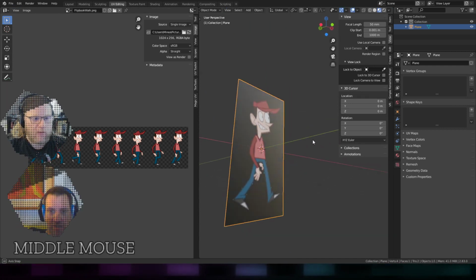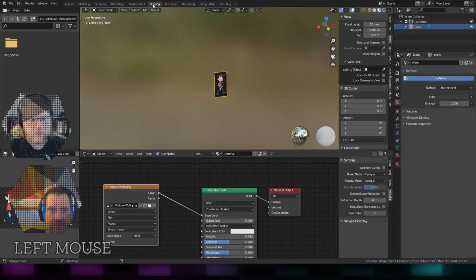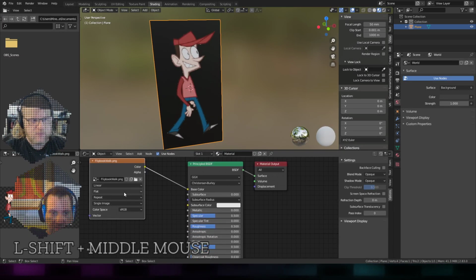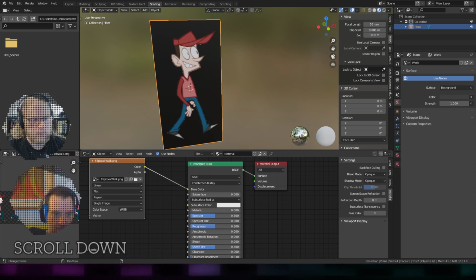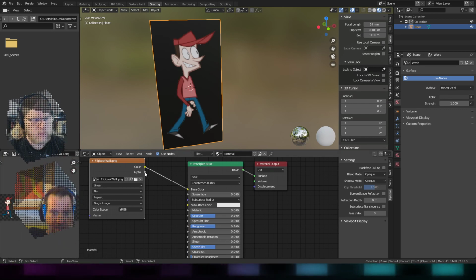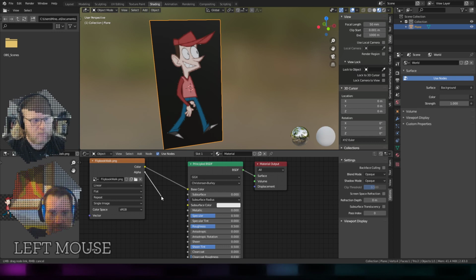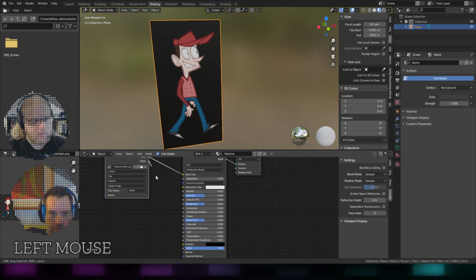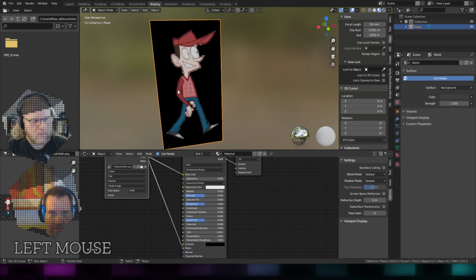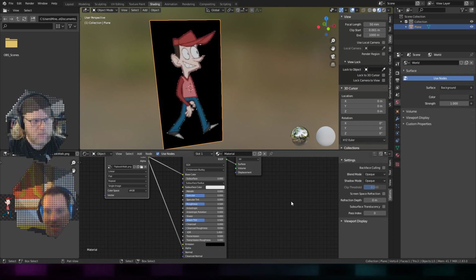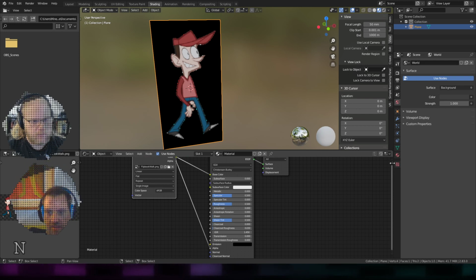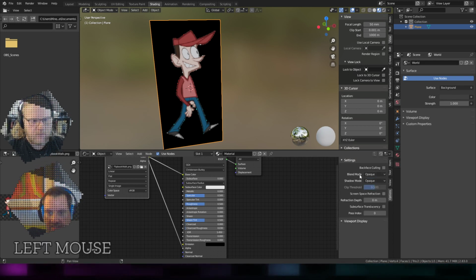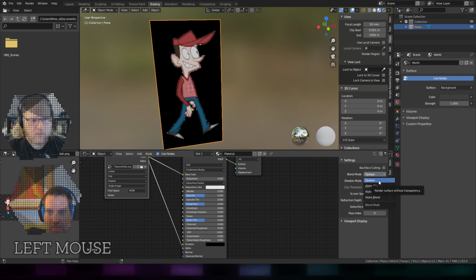Now it's not going to be transparent yet. And if you're wondering how to do that, you got to do 2 things here. This image does have alpha, as you can see by the checker background here. So we can plug the alpha output here into the alpha of this shader node. Now it will be transparent, but not quite yet. You have to open up the settings over here under options and set the blend mode not to opaque, but